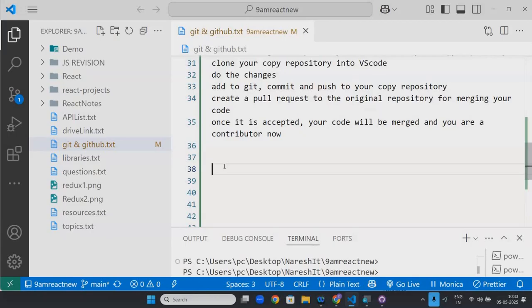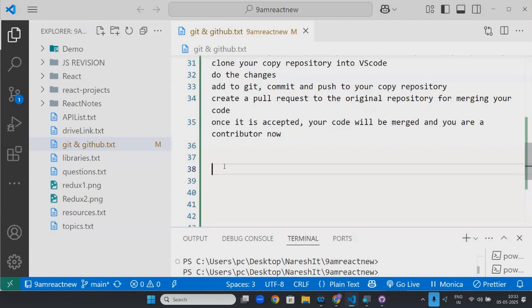From that branch, if you push, it will go to the dev branch. From the dev branch, they will check your PR. Your team lead and others will check your code. If the code is correct, they will push it into the testing branch. And if the testing branch is correct, then it will be pushed into the production branch. And the production branch is the live branch.